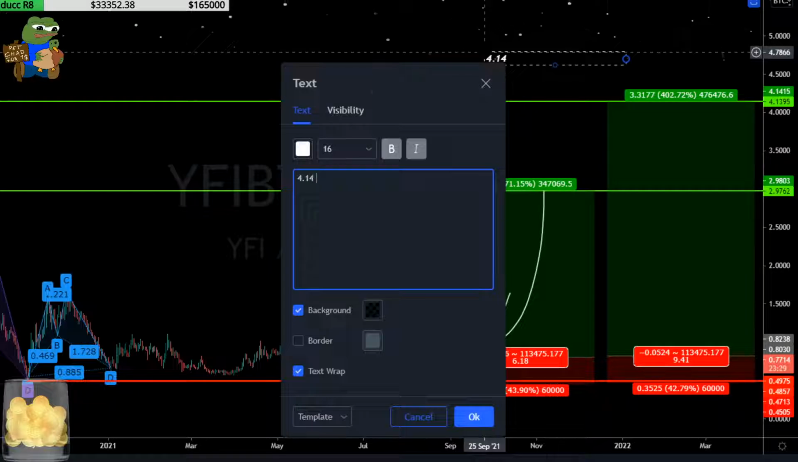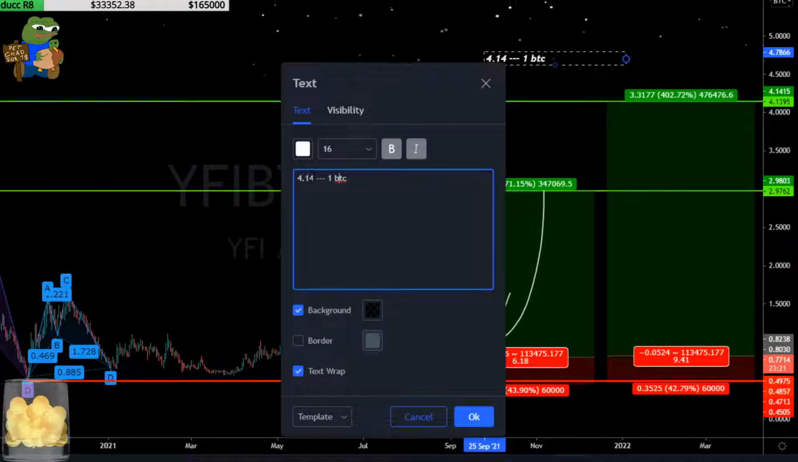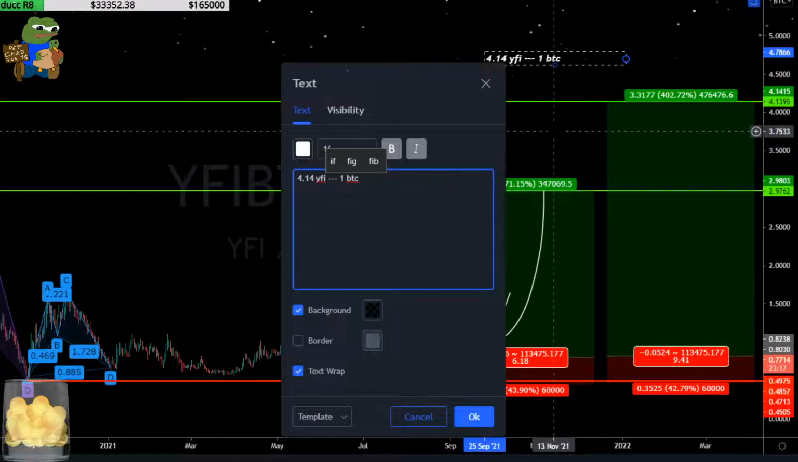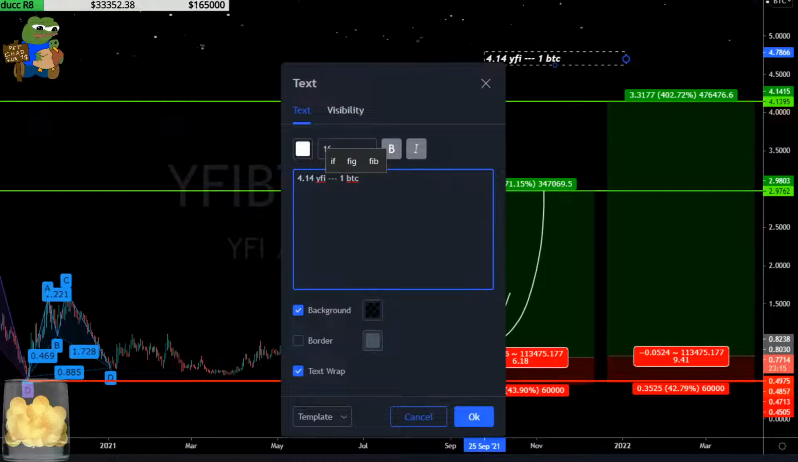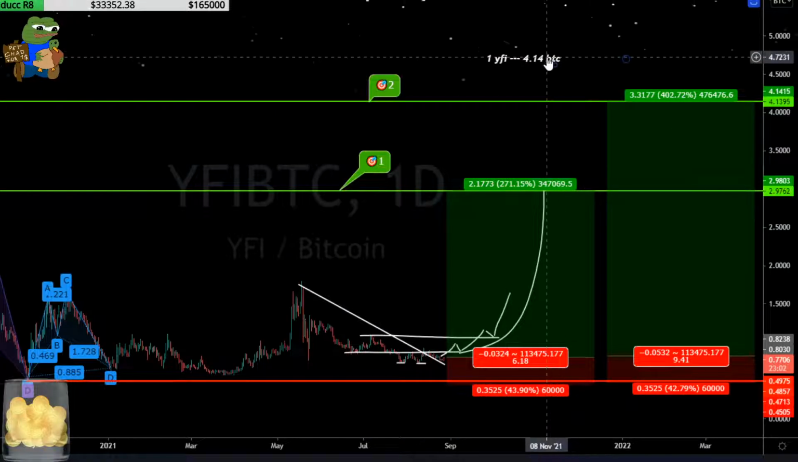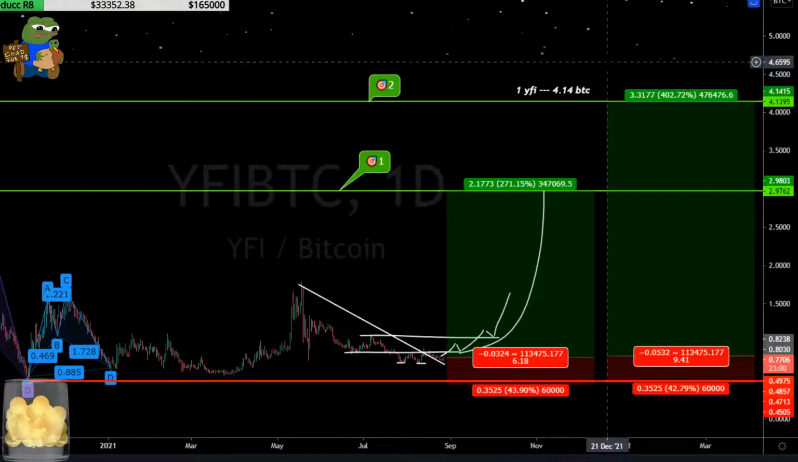We'll call it 4.14 to 1. Okay? This is what we're trying to say. 1 Bitcoin equals... No, I'm saying that wrong. I'm saying that way wrong. This is 4.14. This is 1. There you go. This is the ratio right here. Okay, so